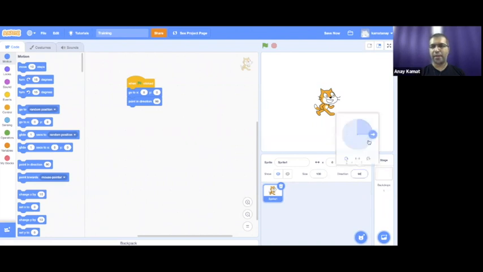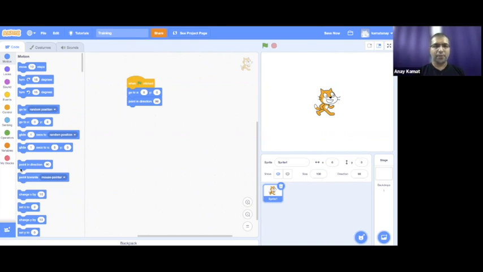So if I change this to whatever direction, or change the position, it will always come back to the center and face towards 90 whenever we start. This actually reduces a lot of issues, and it also makes it clear to reason about what we are trying to do, since we always know the sprite will always start from the center.